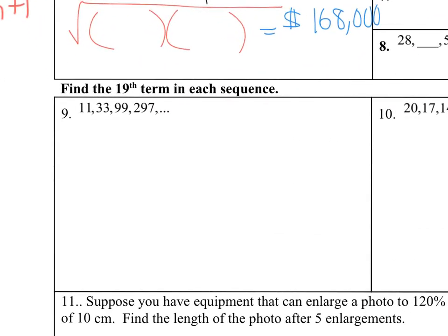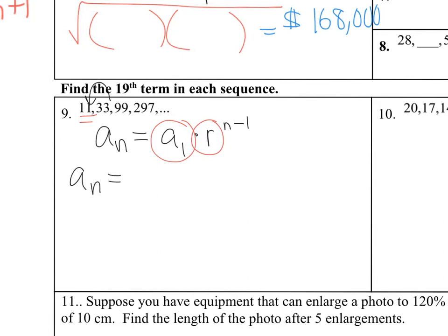Okay, 19 is a lot just to keep going on with this sequence. So what I would do is find the explicit formula. I'm going to write it down again: a sub 1 times r to the n minus 1. So we need to find a sub 1 and r. a sub 1 is pretty easy because it's the first term, and r is the second term divided by the first term. So a sub n equals 11, because that's my first term, times r, which is 3, to the n